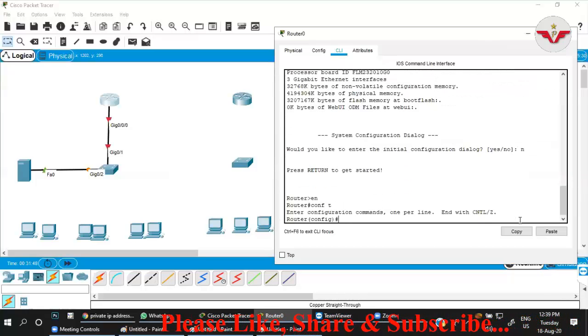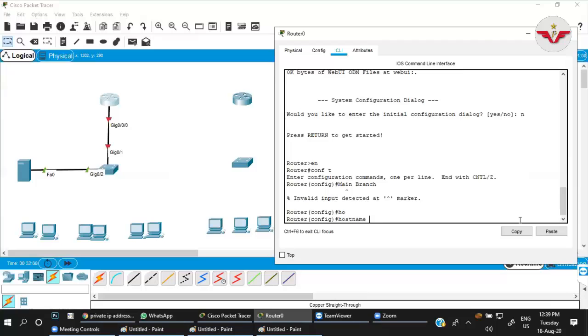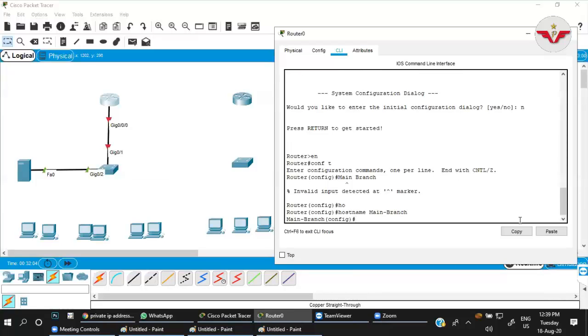Enable, config t, hostname main branch. This is my main branch, and first of all, we will configure VLANs so that we can provide the IP address to each and every network.